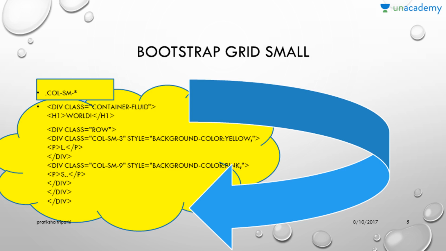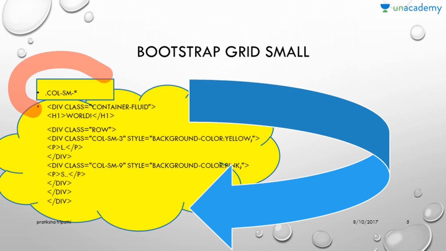Now whenever you are working with bootstrap, we have different classes that I have explained in my first slide. Now whenever you are making a grid for small devices, that means for example your cell phones, or any other device which is having a small screen, the layout is 25% by 75%. Okay, it is 25% by 75%. Small devices are defined as having a screen width from 768 pixels to 991 pixels.